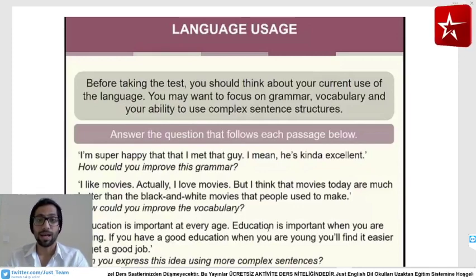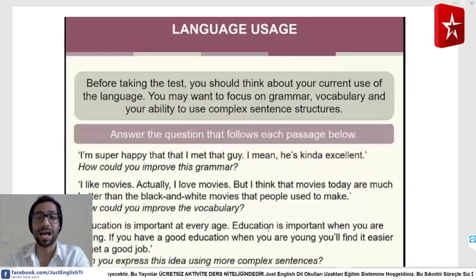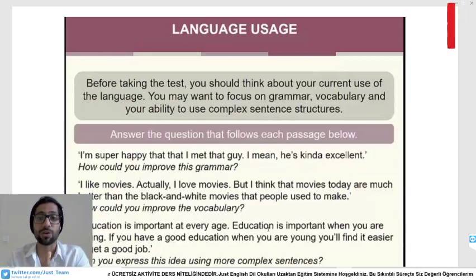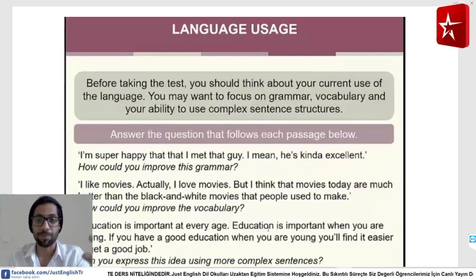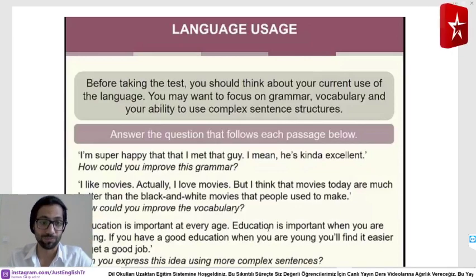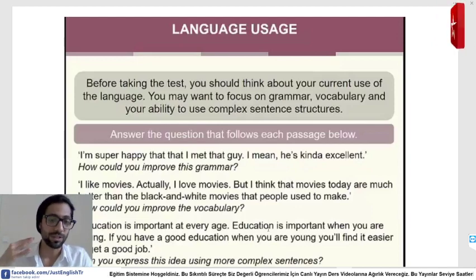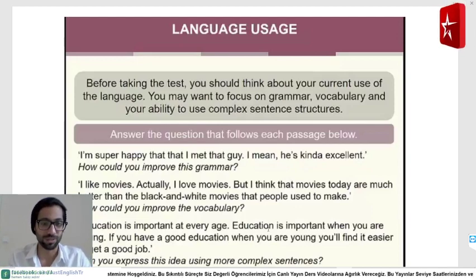Now, as the end, I will wrap it up here for you. He said to you, you might want to focus on grammar and vocabularies and your ability to use complex sentence structures. So, basically, grammar, vocabularies, fellas. As I said, high B2, C1. That's what you need for a TOEFL, okay? Because as a TOEFL instructor, I will not go deep into grammar and vocabularies.